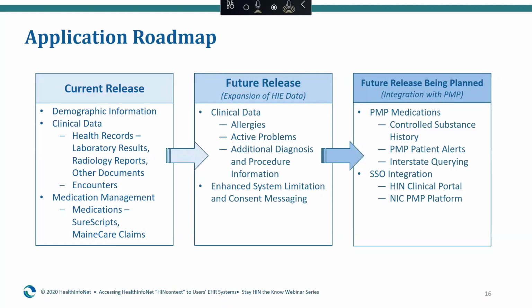realm of scope, we're looking at bringing in the controlled substance history for patients, PMP alerts that come from the PMP system itself, and not only being able to view the patient's controlled substances within the state of Maine as they're prescribed, but also looking out to interstate querying, so to look at New Hampshire, Massachusetts,